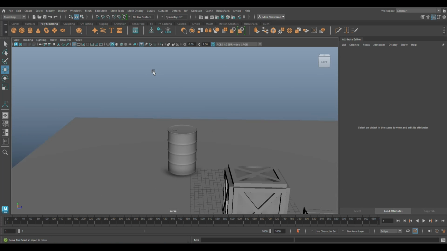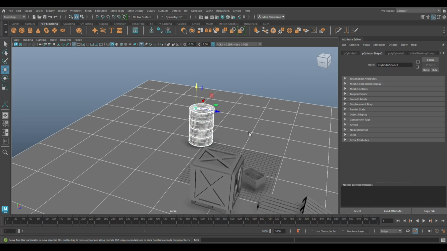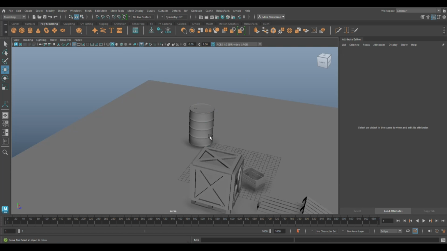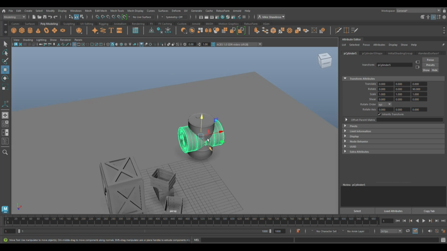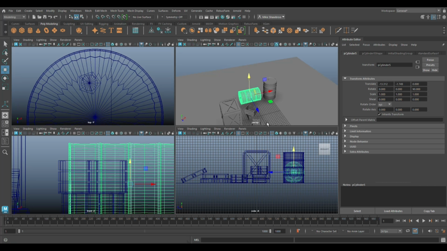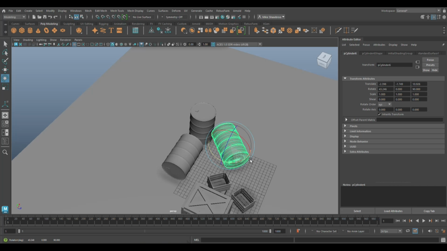All right. So that would be your oil drum, right? So we got one of them. We're going to go to Mesh and Combine. Going to Control D to duplicate, E to rotate, hold on J. I have one lying on the floor. Like this, right? And then what you can do is hit Control D to duplicate, move one out of here, rotate it again,